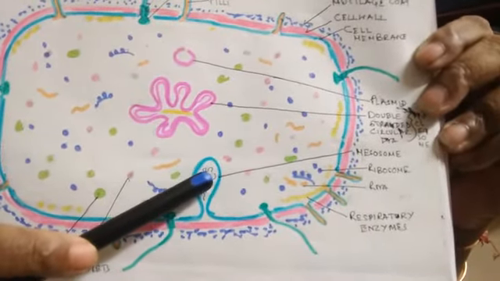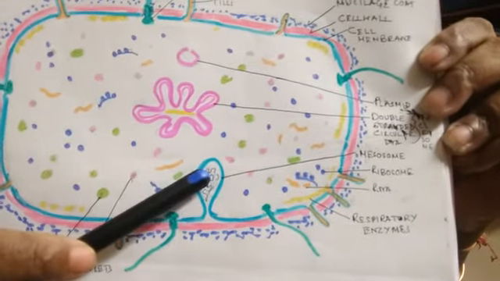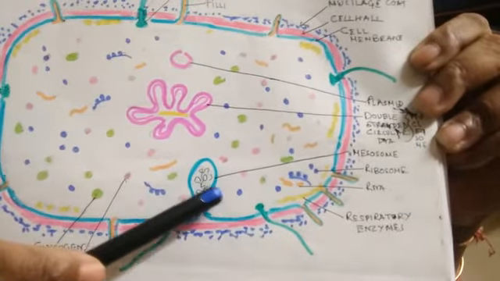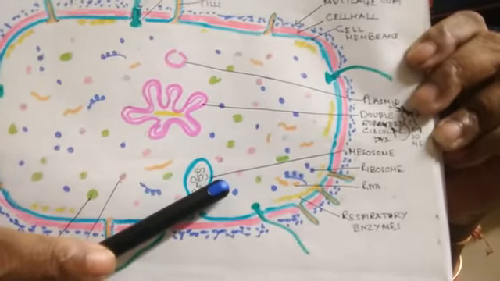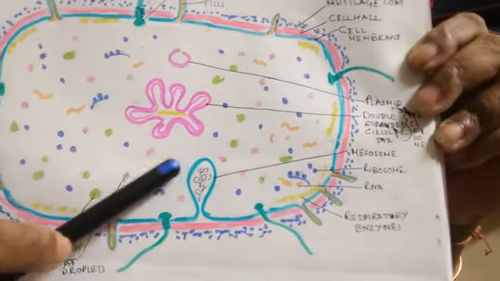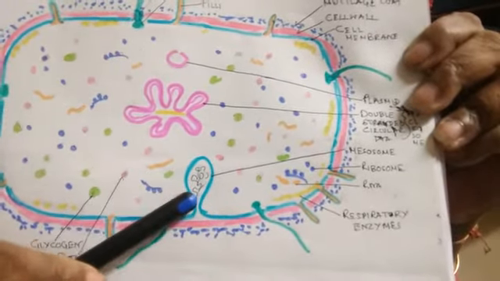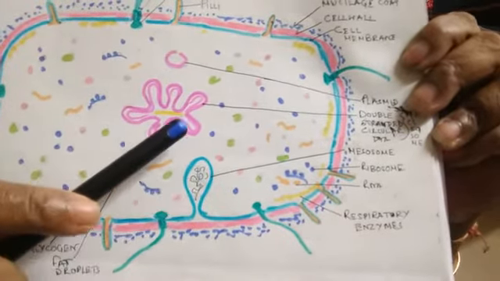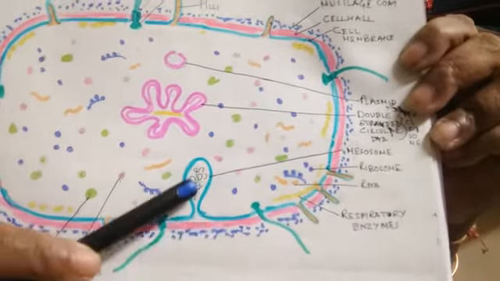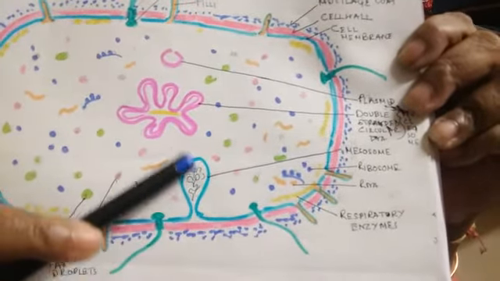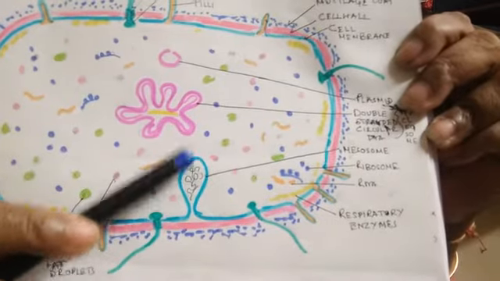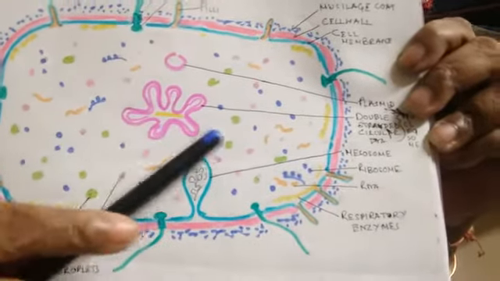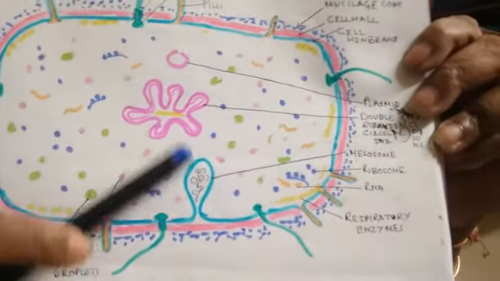Like in the mesosome, they often contain respiratory enzymes. In blue green algae, these mesosomes contain the pigments. Clear, these are called chromatophores in blue green algae. They may contain respiratory enzymes. Clear, in certain cases mesosomes help in the formation of the cell wall. Mesosomes get attached with the chromatin, clear, and help in duplication and distribution of chromosomes into two cells when the cell undergoes division.